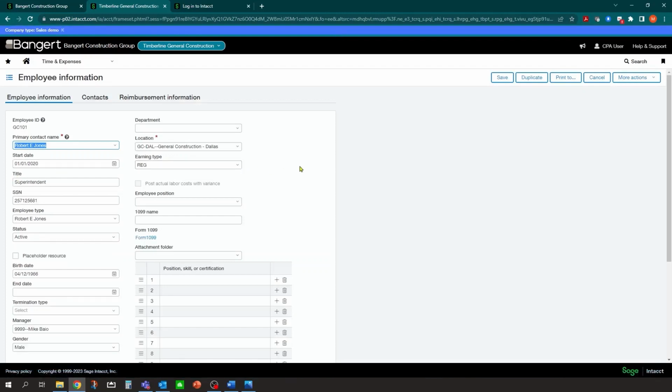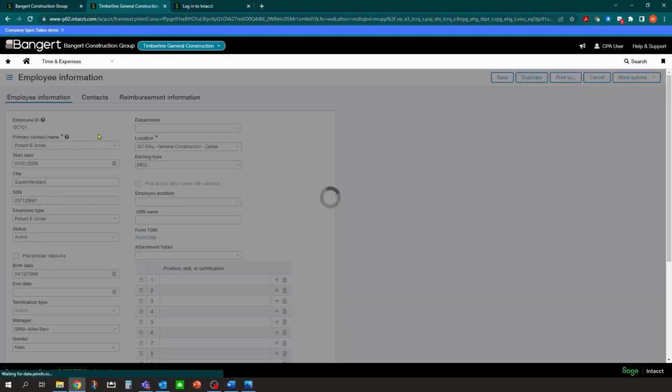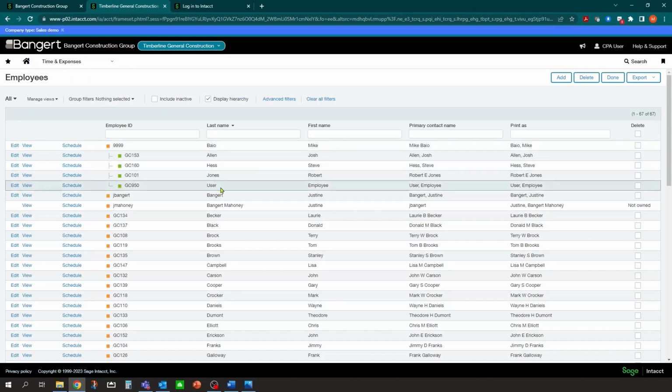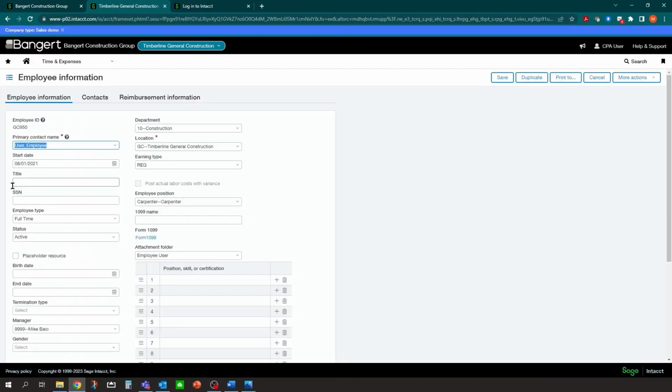The one screen I want to show you in the employee setup is, well, there's 2 things actually. Actually, let's go into a different employee. Let's go into my employee who I don't have a good name for yet, but he's called employee user. If I click edit on him or her, there are 2 things I want to show you.